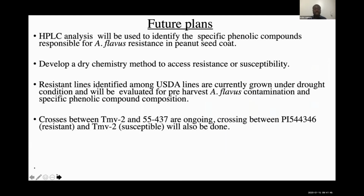Our future step is to use HPLC analysis, which is a wet chemistry method, to identify the specific phenolic composition and also know the quantity in which they are present in the seed coat, and also use radial growth analysis to see whether those specific phenolic compounds will be able to mediate or regulate A. flavus